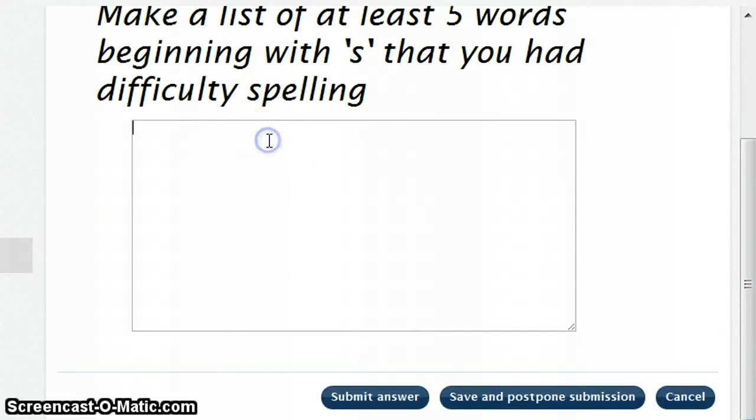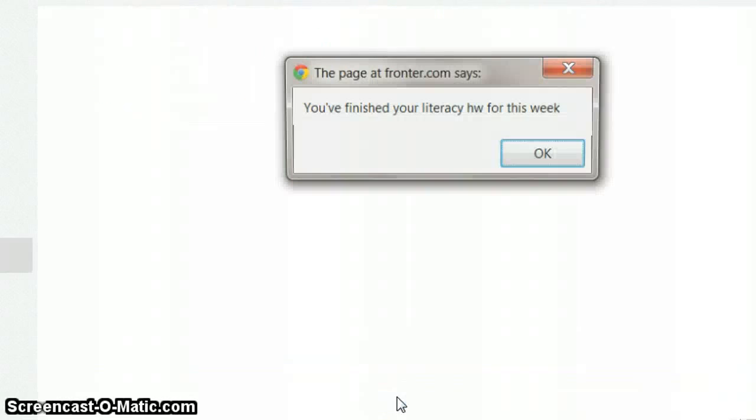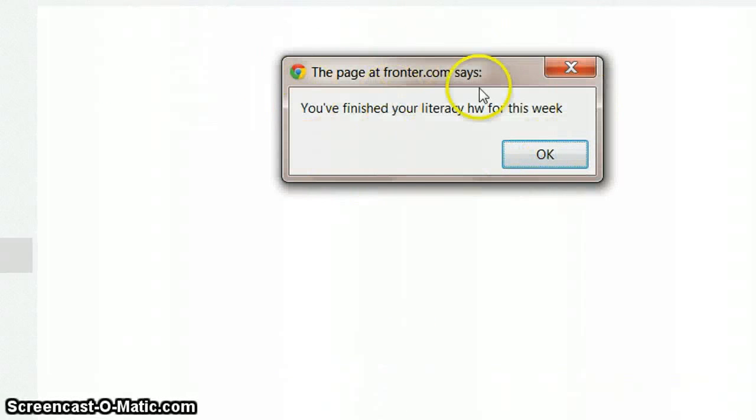So if I was going to take this test, I'm making a list, so this is what I'm going to type in, etc. And then I'm going to submit this answer. And there's my pop-up saying you've finished your literacy homework for this week. Great. So I'm just going to say OK. And now I'm just going to show you how to get back